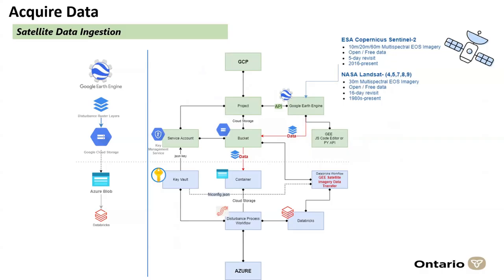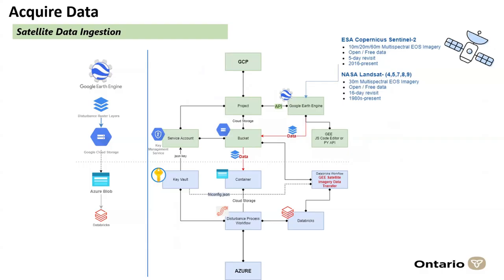One is Google Earth Engine, where we have built some tools to extract multi-temporal Sentinel imagery, as well as Landsat imagery. We have a process to bring that from Google Earth Engine as an API in Google Cloud